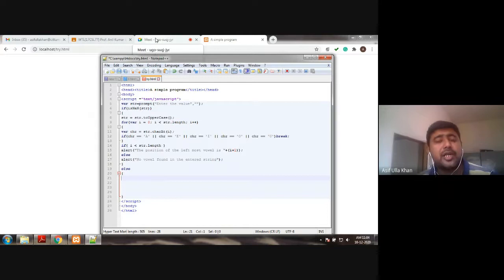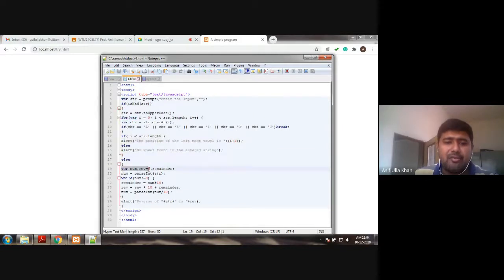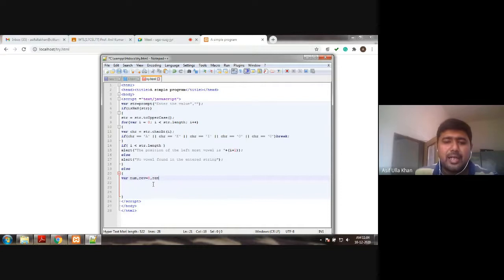You know, you have already studied in your basic C programming lab the palindrome and reverse. The same logic I applied. Actually, it's not mandatory that the reverse should be a palindrome. It's just reversing a number, but the same logic is applicable. So let me declare the variables: var num, reverse, which will be 0 initially, and remainder is one more variable.